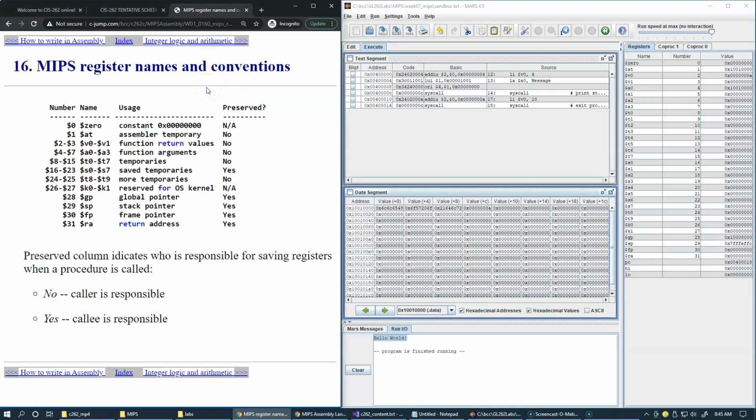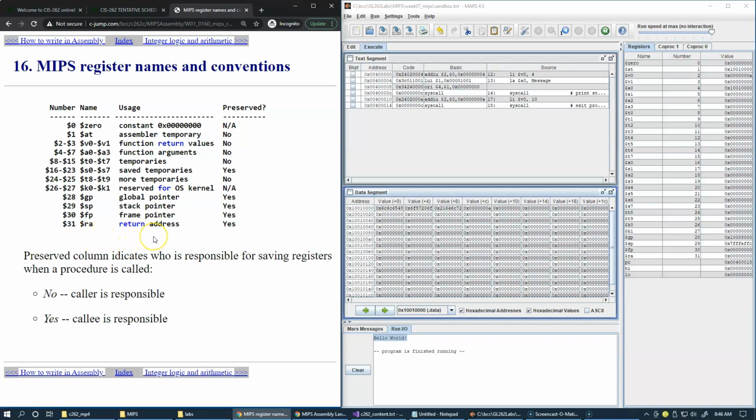Well, CPU registers are variables that are built directly into the hardware. We have 32 general-purpose registers in MIPS architecture. Each one of them has a name, or it can also be referred to by the number that follows the $ sign. So in MIPS syntax, the $ sign is used to refer to the names of the registers, and each register is an